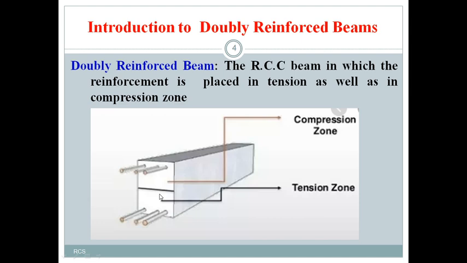You might have observed the picture of a singly reinforced beam. There, in the same beam, we provided reinforcement in the tension zone only. That's why we call it a singly reinforced beam. Now we are providing reinforcement in both zones, so I can call it a doubly reinforced beam. Finally, I will read out once again the definition: a reinforced concrete beam in which the reinforcement is placed in a tension zone and compression zone. These types of beams are called doubly reinforced beams. I think the definition is clear for you, dear students.